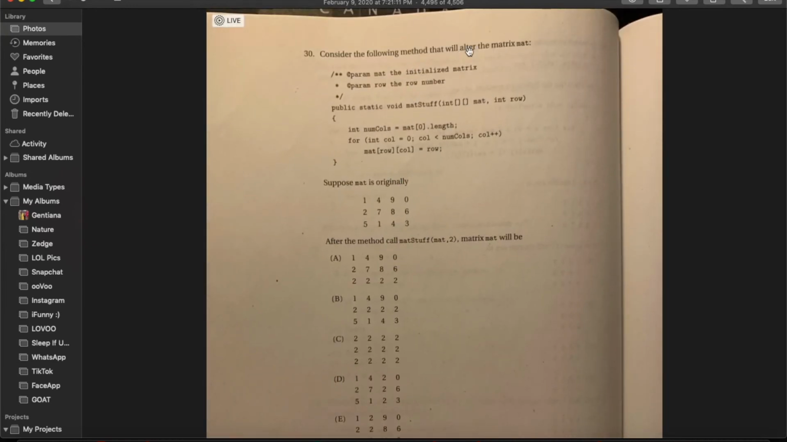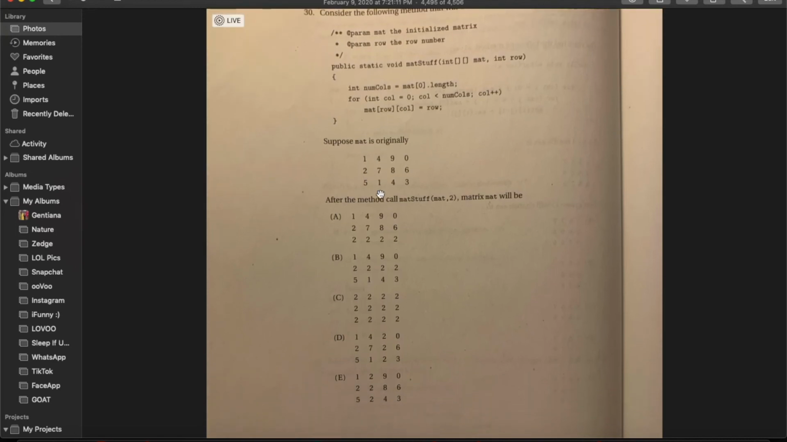So the following method will alter the matrix mat. So num cols was mat at length, right, the columns. Alright, so let's see what mat 2. We have mat at row 2. So for col, a row is set equal to 2 in this. That means that we're starting at row 2. So go to a row. So then